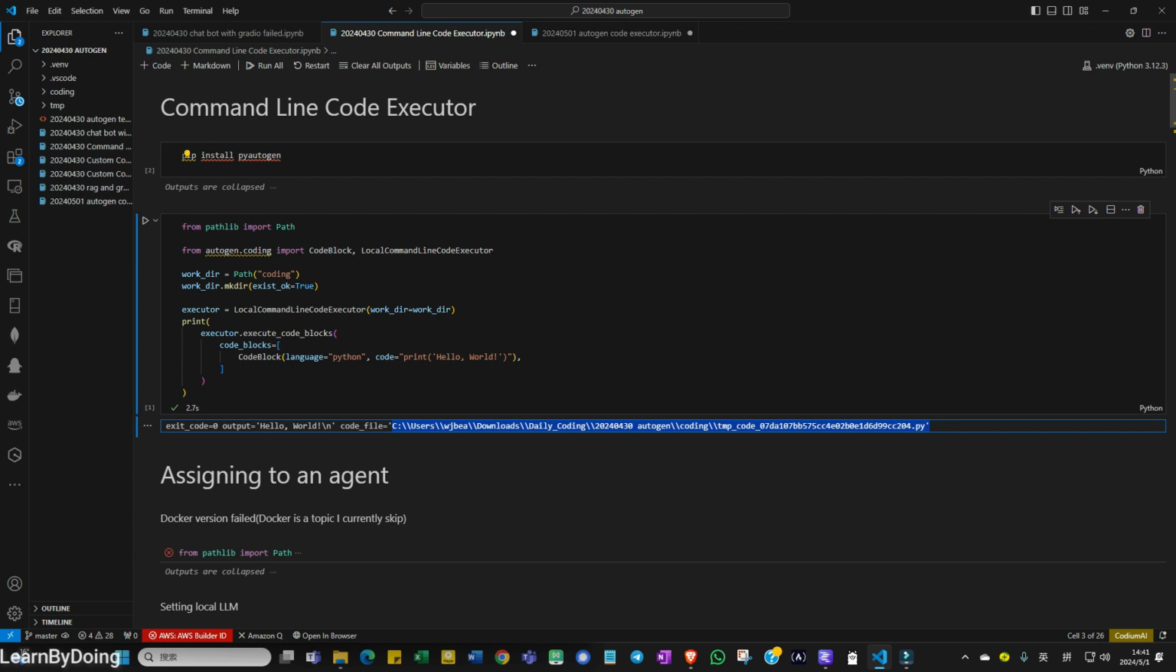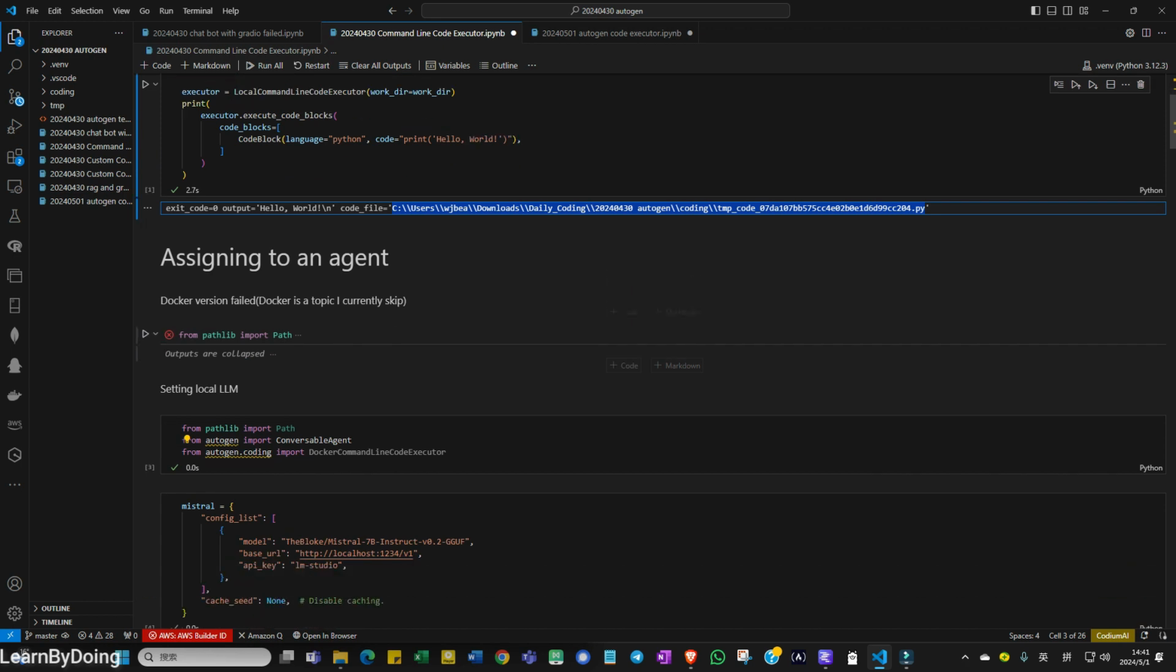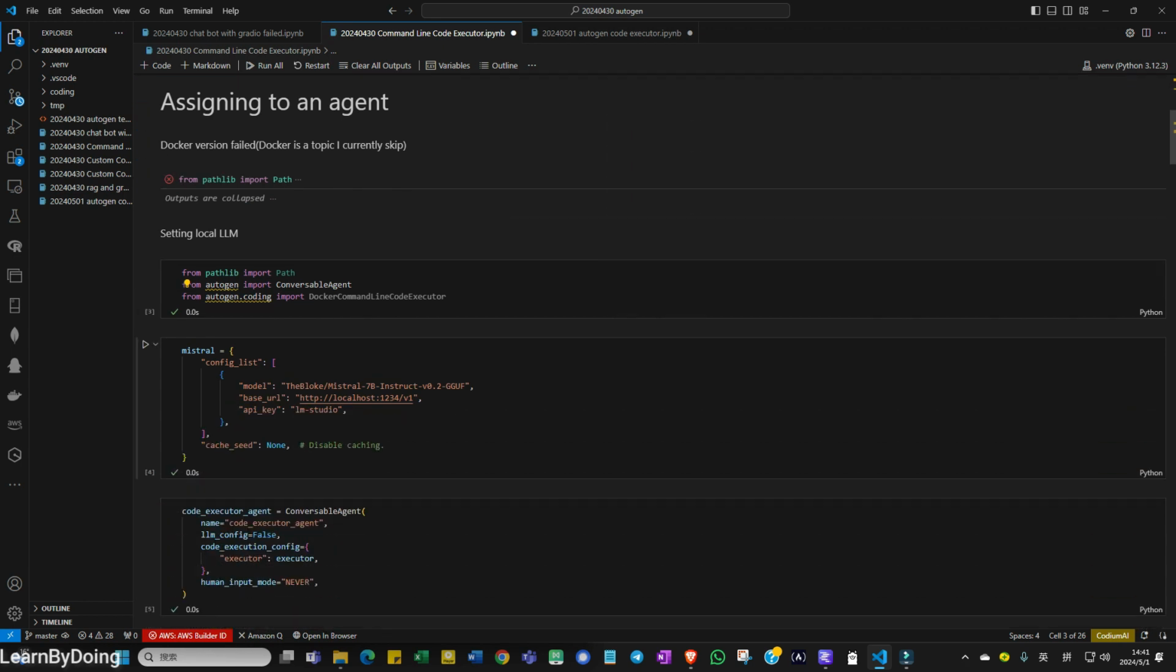So basically, this is a coding folder that I already created. On the left side, you can see here is the coding folder. This is very simple. You can try. So I'm going to move to the more complicated part. First of all, according to the documentation, when you are configuring the agents,